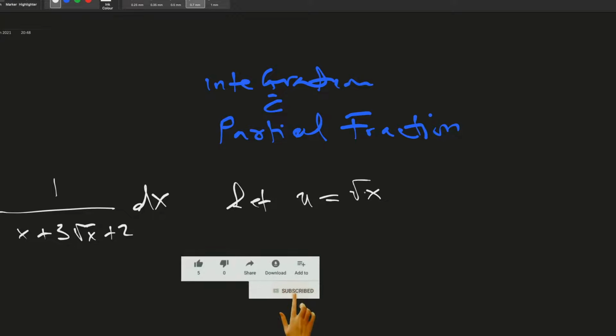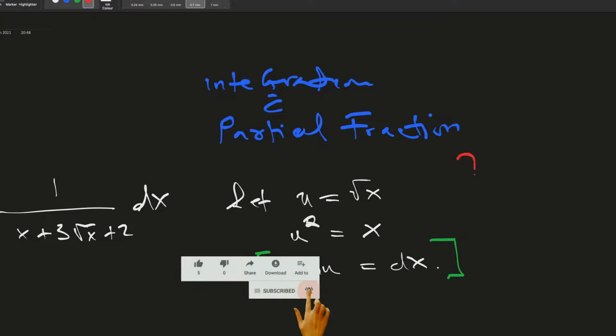So if that is the case, then we'll square both sides of that. Then u squared is equal to x. Then again, we can differentiate this, so we have 2u du is equal to dx. So this is the future: 2u du is equal to dx. Now, by inspection,